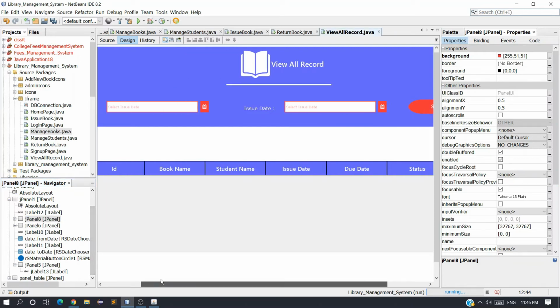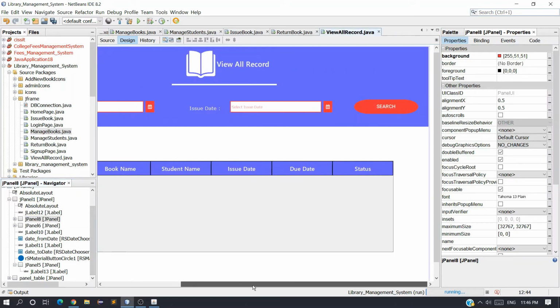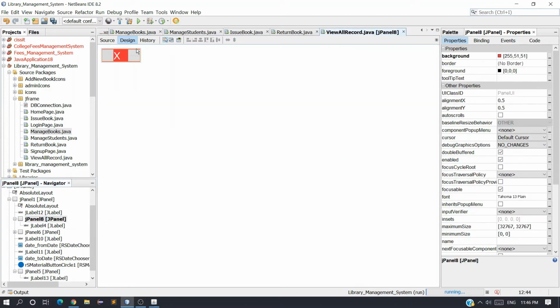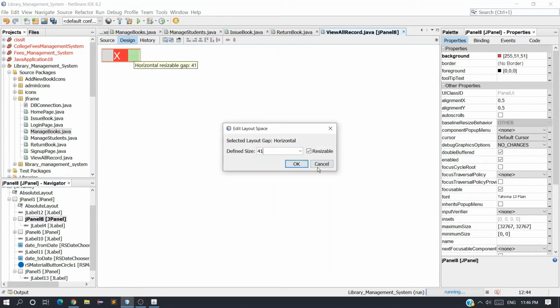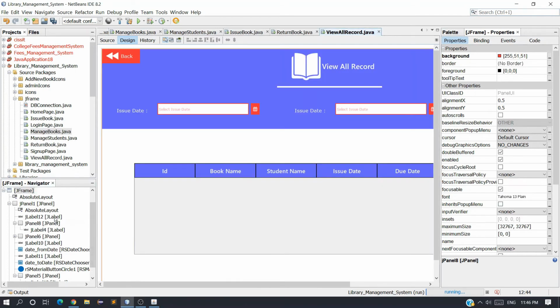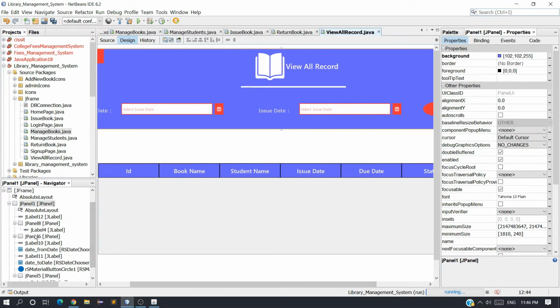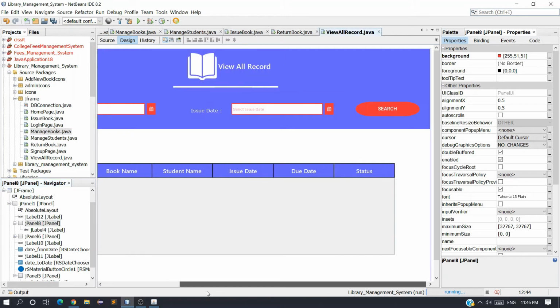Okay, and where is my panel? I can't see it anywhere.